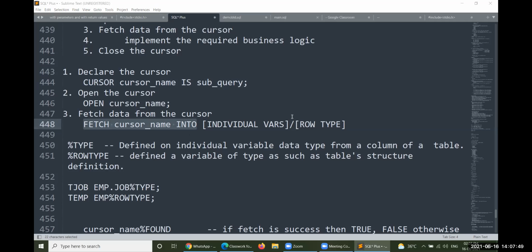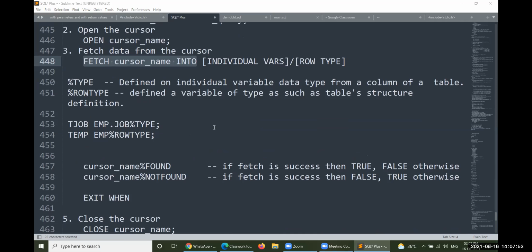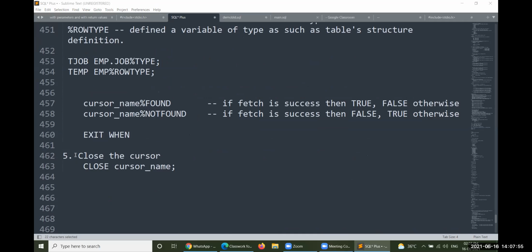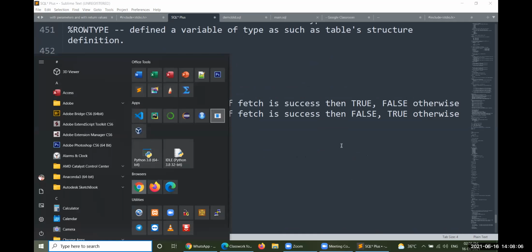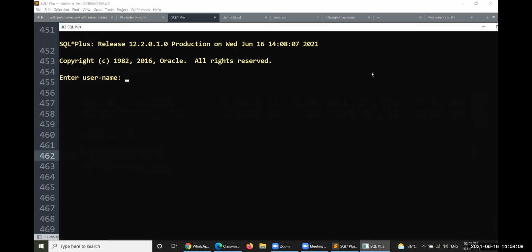After fetching is over, you can perform your own operations, and after that you have to close the cursor. So these are the sequence of operations. Before performing this, let us do some activity so we can understand what exactly the cursor is.